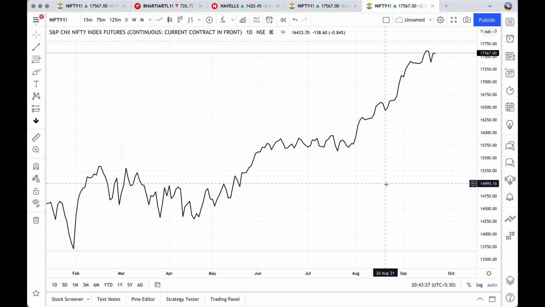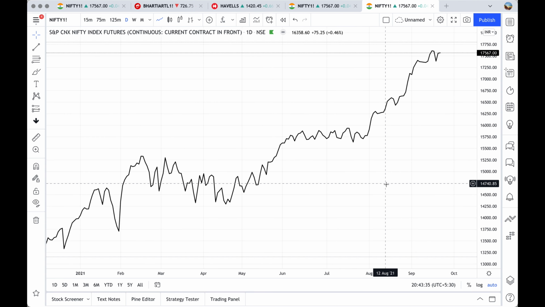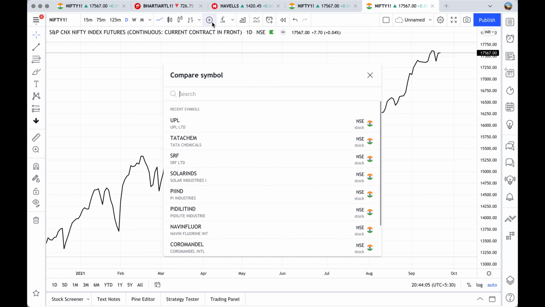This approach is not that of relative strength comparison where ratios are taken. This is just simply visually understanding the percentage growth of the stocks under consideration. So what should we consider? Let's take the cement stocks and let's plot them and see how they have fared amongst each other and vis-a-vis the Nifty also. So you come here and click on compare or add symbol, and let's say ACC